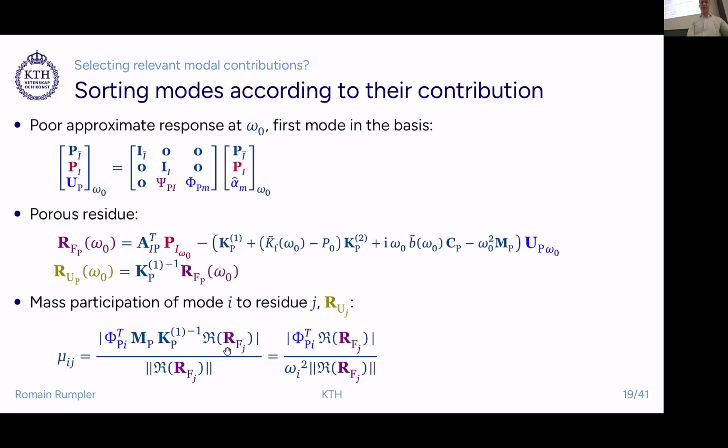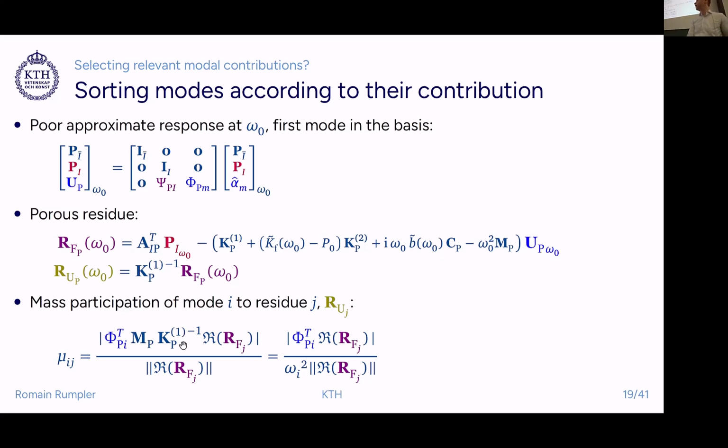What you recognize here is that we only take the real part of this force mode. But what you have here is the displacement residue, and you're essentially making a projection around the mass matrix to evaluate the contribution of each of the individual modes in terms of mass participation in relation to this displacement-based residue. Here you have a system to invert, and if we note that